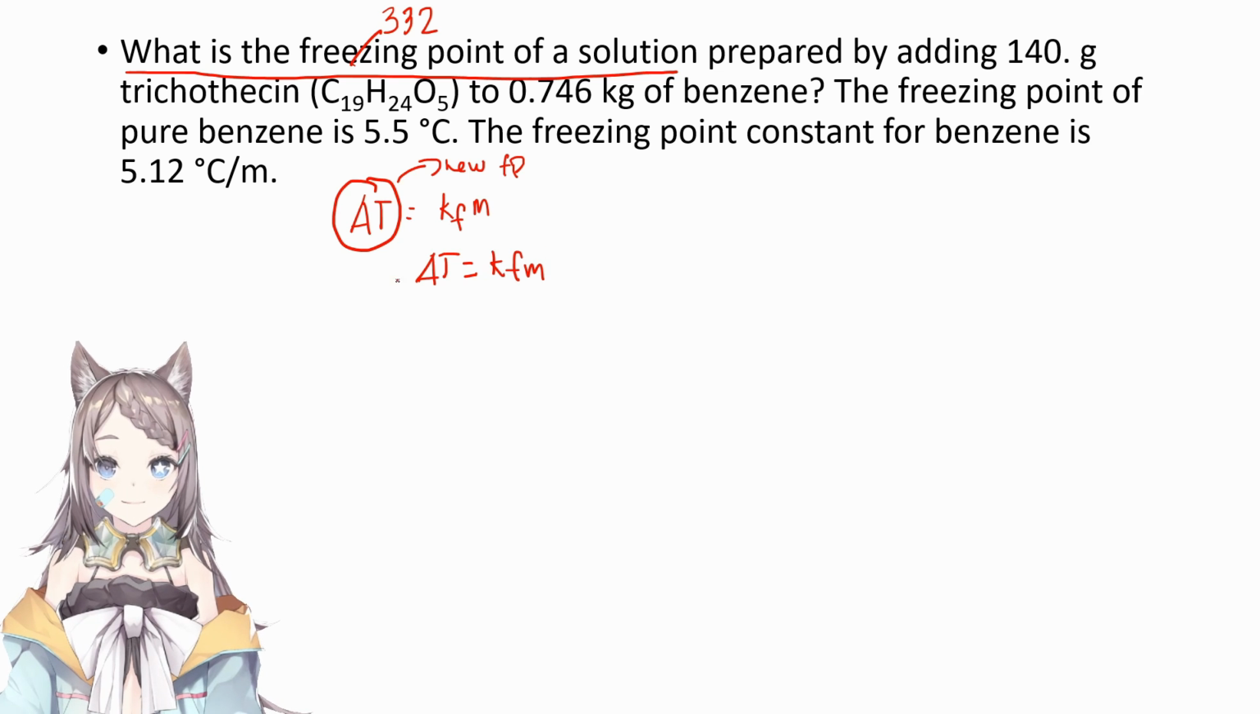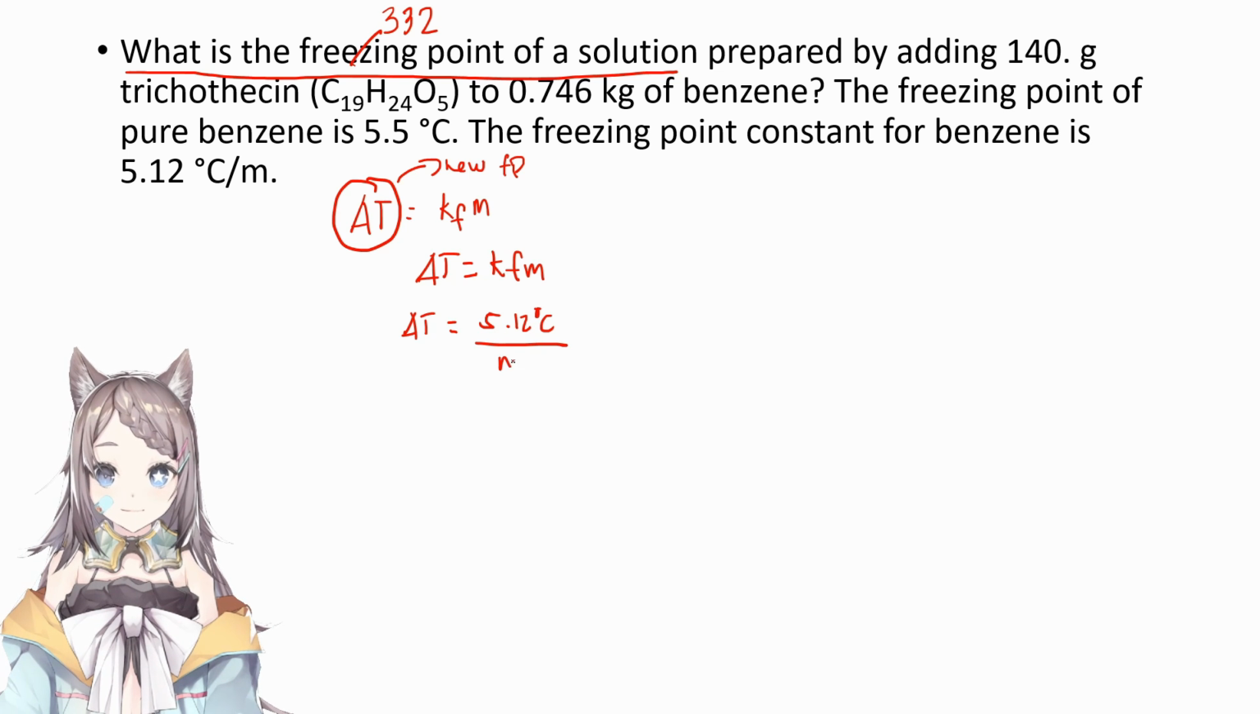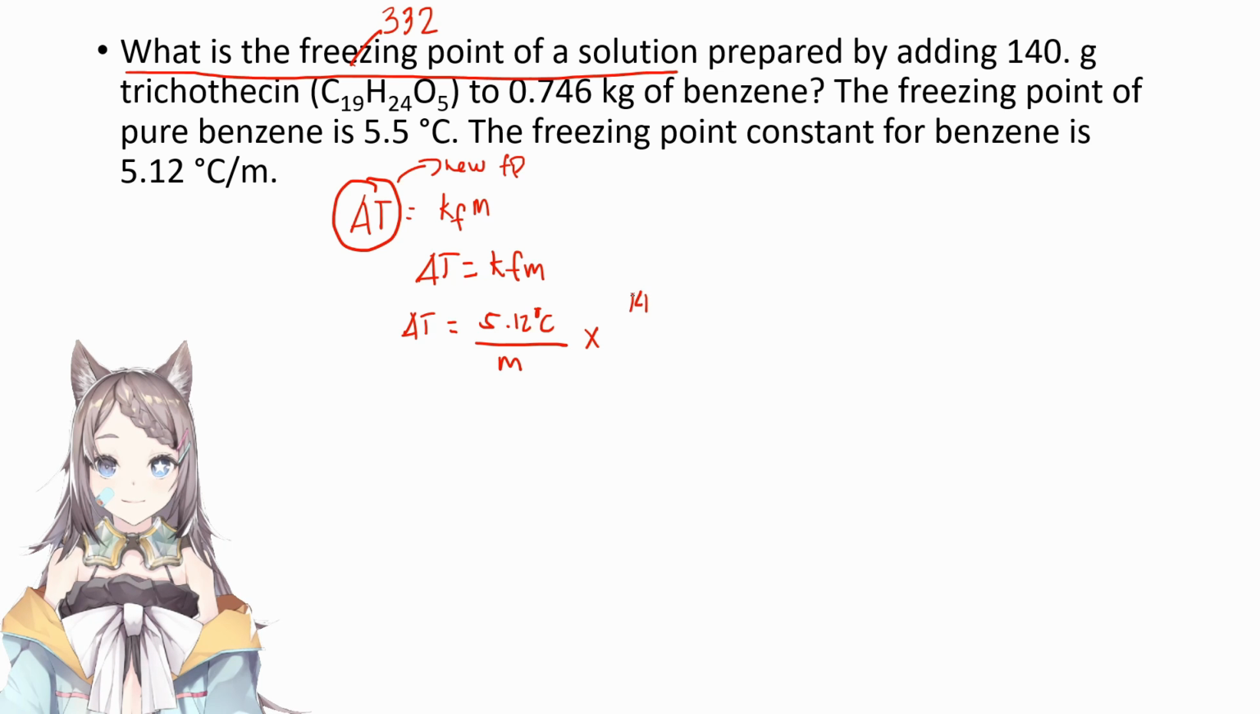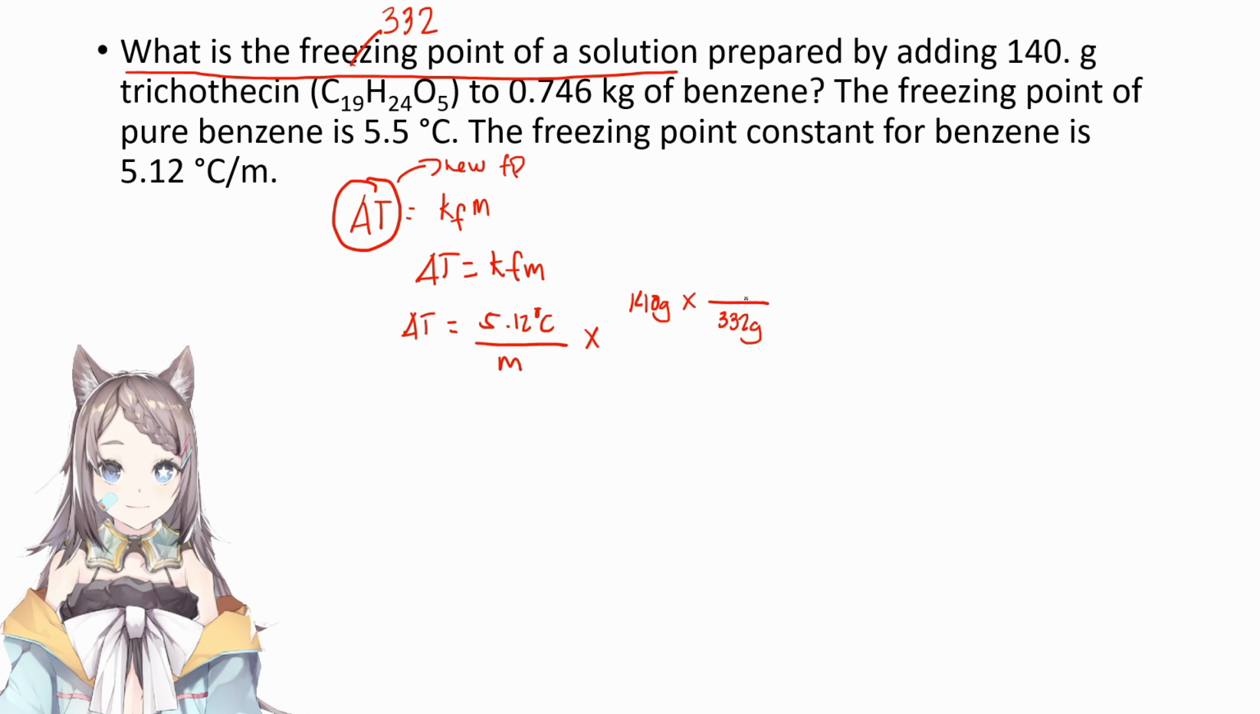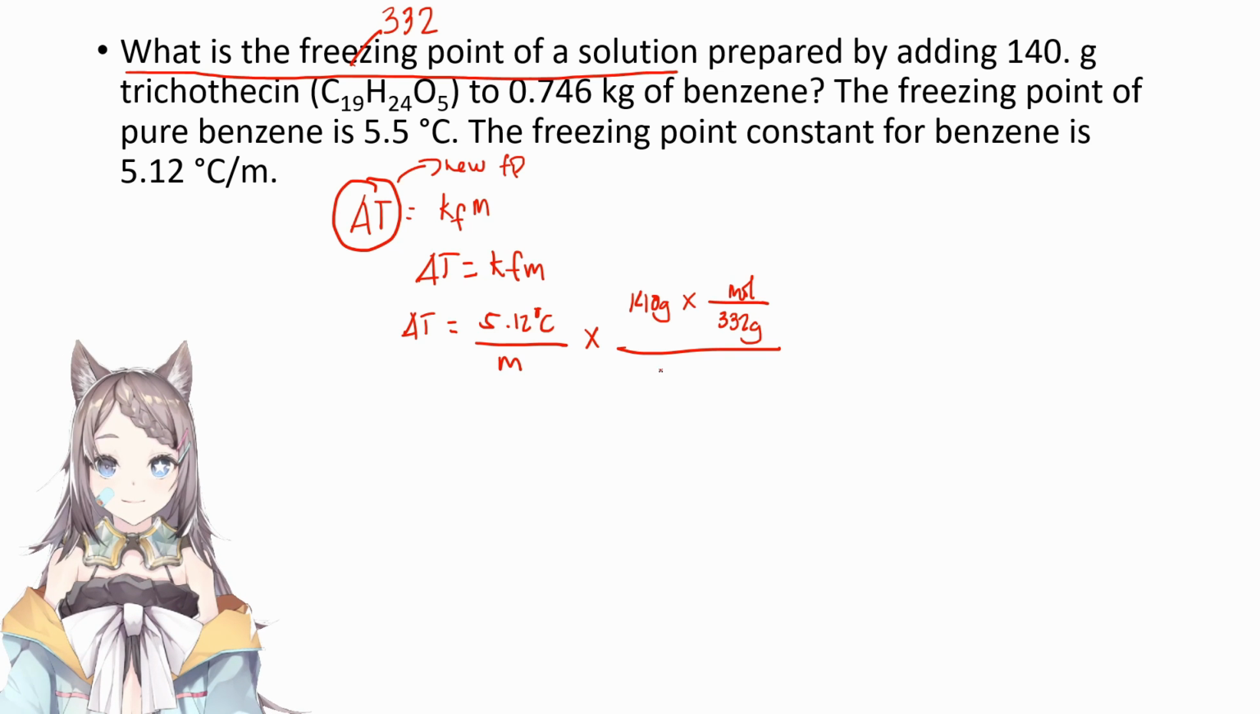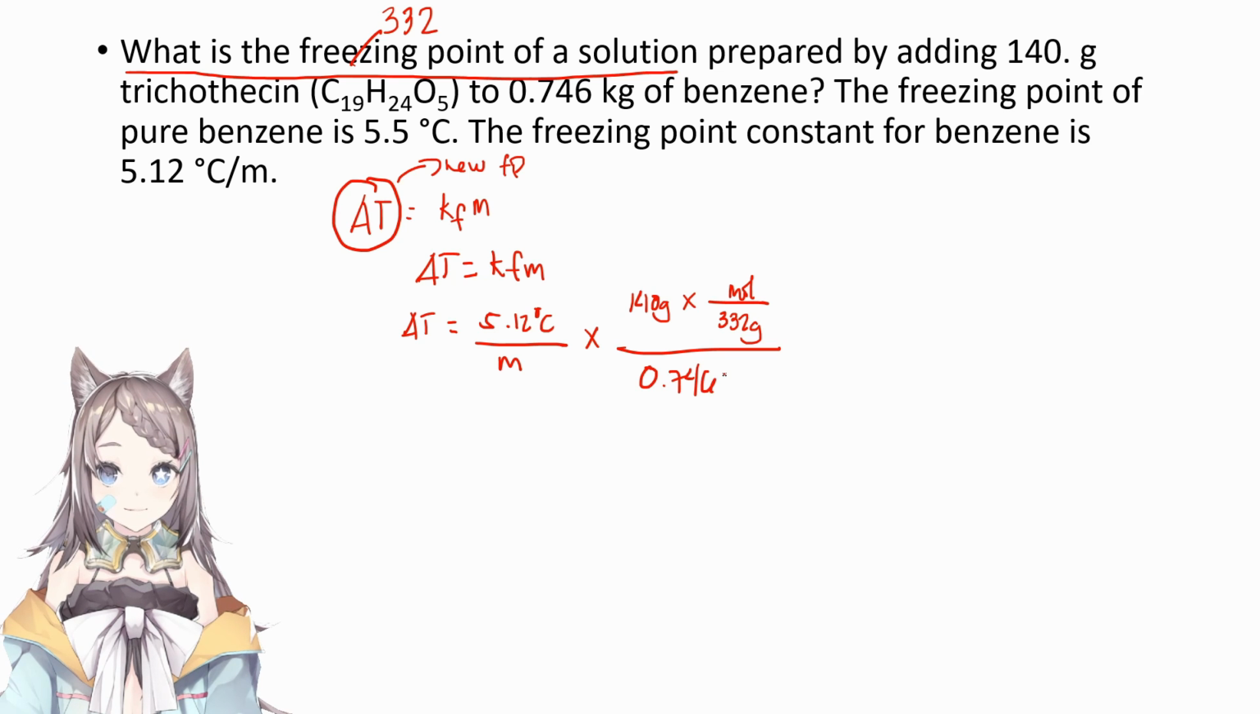Delta T equals Kf m, which is 5.12 centigrade per molal times 140 grams were added, so 140 grams over the molecular weight, which is 332 gram per mole, over the weight of benzene in kilograms, so 0.746 kilograms. Simplifying it or solving the problem,